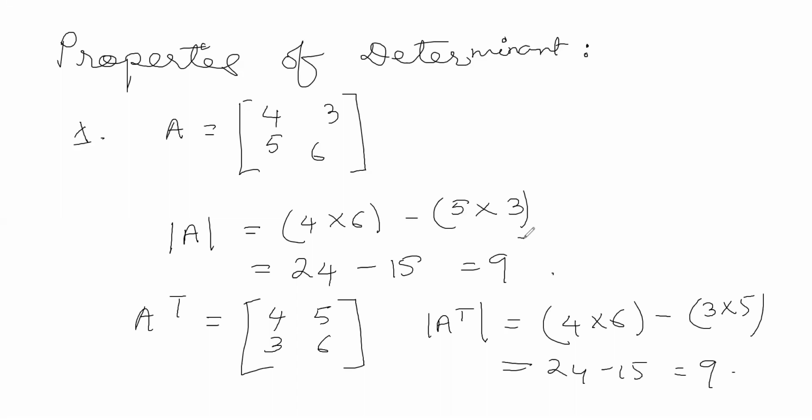So here the value before taking the transpose, that means the determinant of the original matrix, and the value after taking the transpose of the given matrix, that means the determinant of the transpose matrix, they both are equal to each other. So interchanging the rows into columns and columns into rows has not hampered the determinant value. And this is a property, and like a rule of thumb, in any case this property will exist. Let's look at the second property.